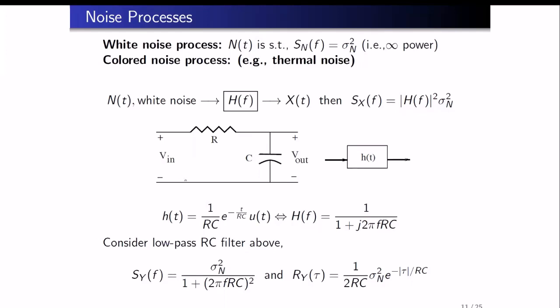So if I apply the noise here, I would get an output whose PSD will be given as sigma n squared upon, which is the multiplication of |H(f)| squared into Sn(f), which is this. And you can see it was a white noise, but this depends on f. Similarly, I can also compute the autocorrelation, so we get a colored noise.